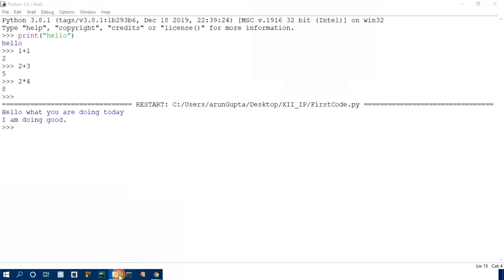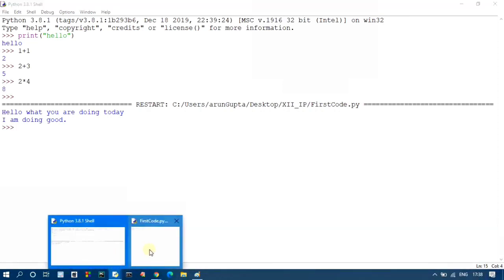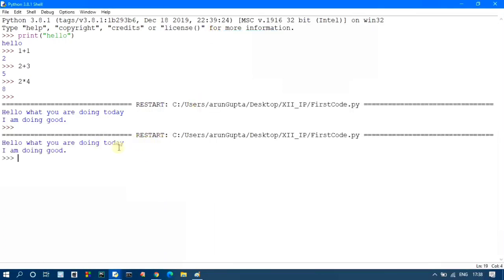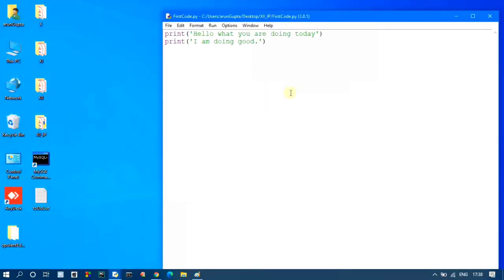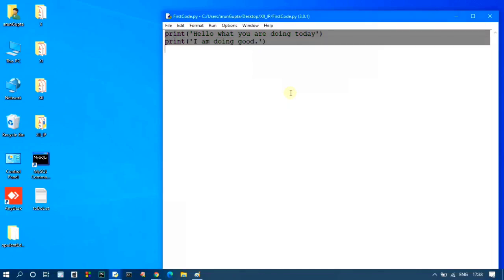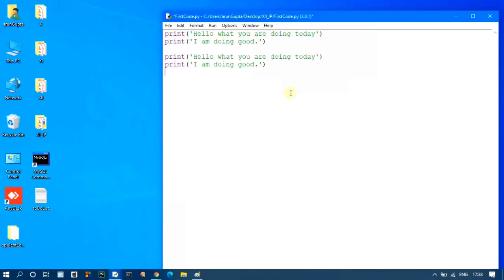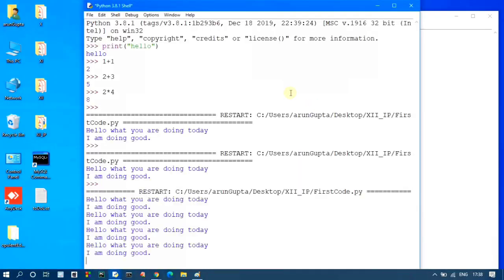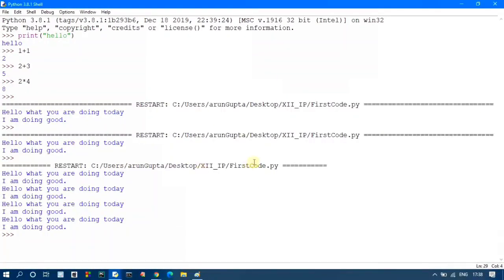Again, this is my file, just wait, and I run module. You can see every time a different block of your program will be executed. You can write a number of statements here, and all statements will be executed one by one as in script mode. I write some different lines, save, press F5, and again your program and output are there. So these are the two different ways of writing code.